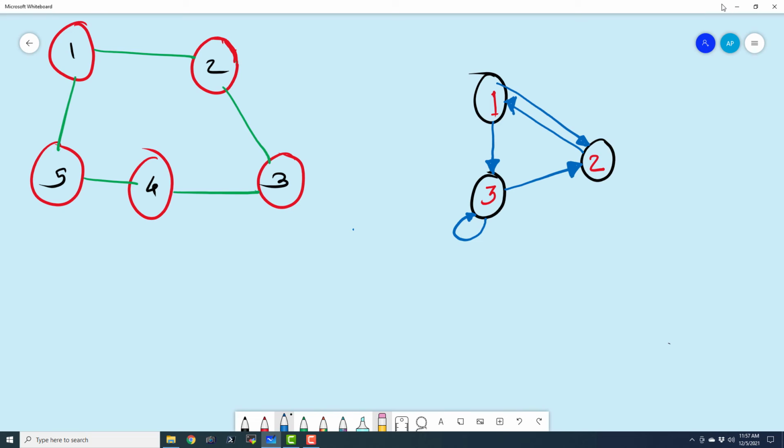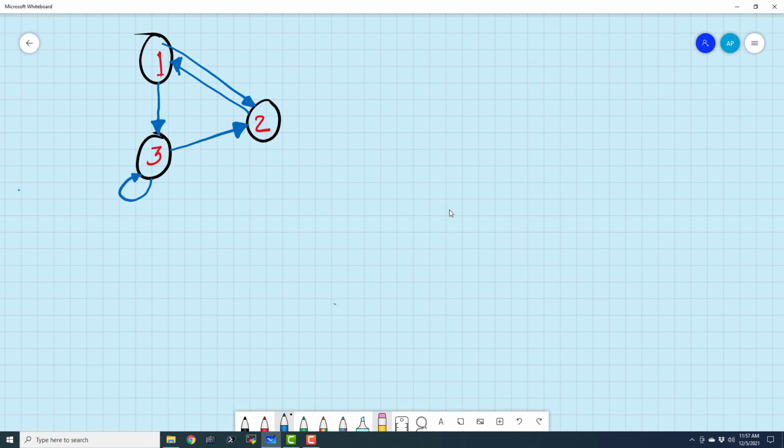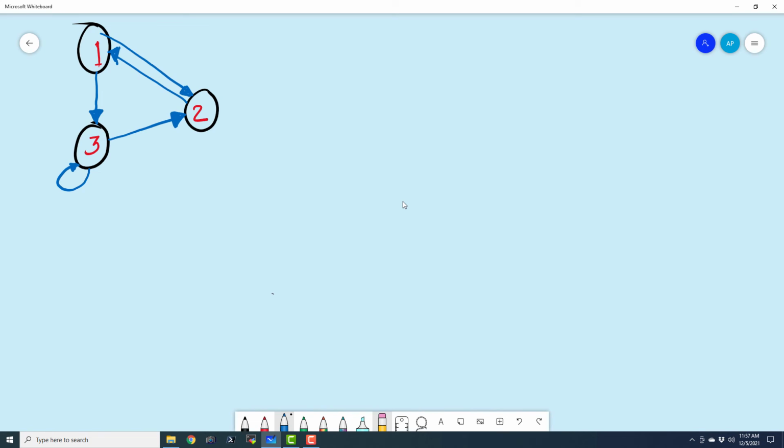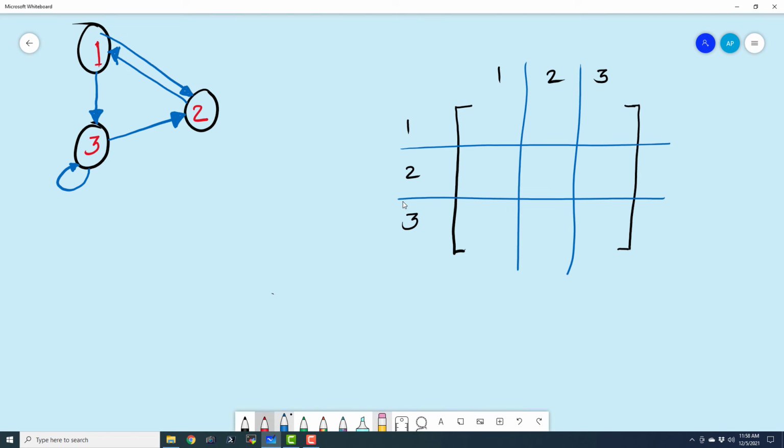Now let us represent this with a matrix, and that is going to be quite easy. Let me shift this to a side so that we have more space for demonstrating the adjacency matrix. If there are n nodes, then we can have a matrix of size n by n. So 1, 2, and 3, similarly 1, 2, and 3. From 1 to 2, we show that there is a link. So this is for source, and this is for destination.